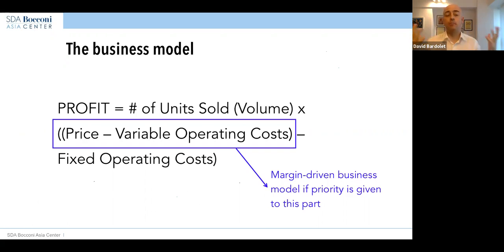I mean, Bardolet says, is it possible to follow both models parallelly? With the same product, it's not, right? It's not possible. You have to choose, because these choices are so fundamental and how you present yourself to the market that you cannot play with both. You're confusing customers. Are you a cheap option or are you a premium option? You have to choose.